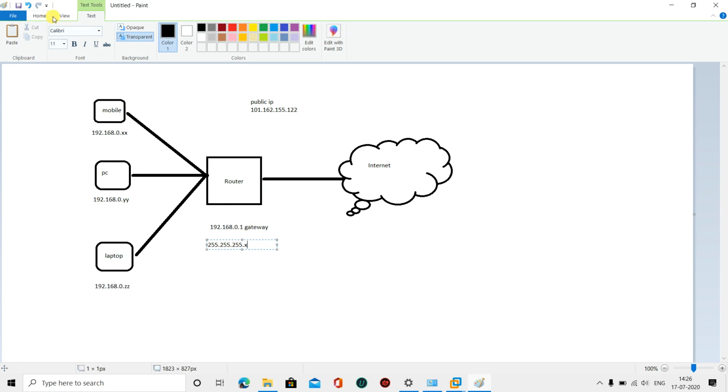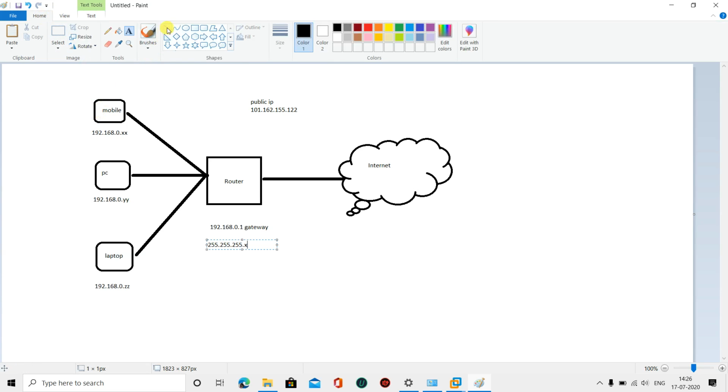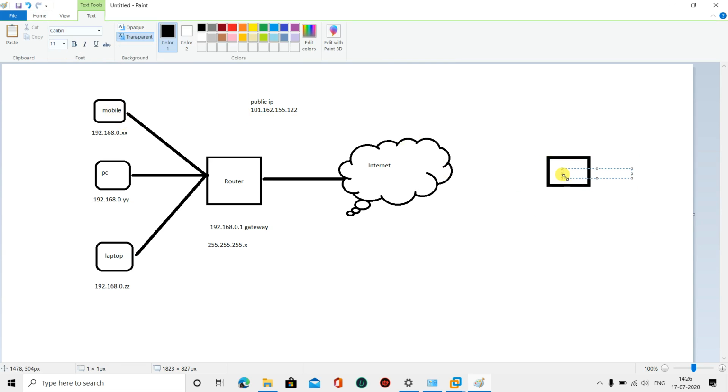Okay, what happens internally is that every device on which we want to use the internet will be connected to the internet through the router. If you want to communicate with the other devices, we can do it through the router itself. So it will go from mobile to this PC via the router. So this is how it works, but it will become a problem when we want our mobile to be connected to another mobile which may be outside of the network. Suppose it is on the other network, so we can consider it as a WAN connection.